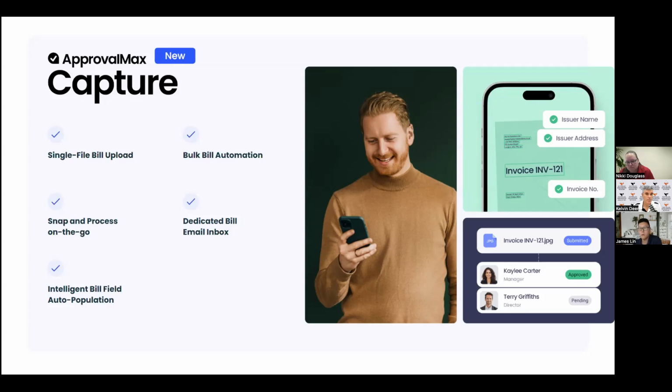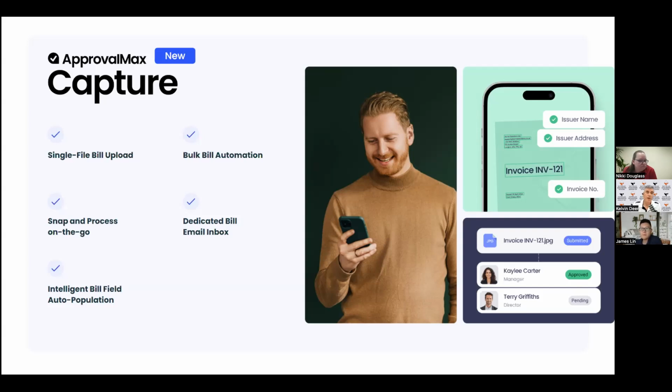And then, of course, with all of these options, you've got that intelligent field population, basically extracting all of the data that's contained in the invoice. That includes things like the dates, suppliers, line item details, quantities, amounts, et cetera. It really helps to save a lot of time, especially if you're not using an OCR tool at the moment. If you're manually coding in all of this information, there's the potential for errors or mistakes as well. So there are lots of benefits to be found with an OCR tool.